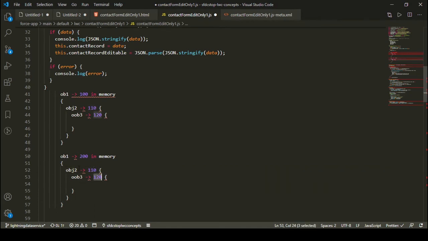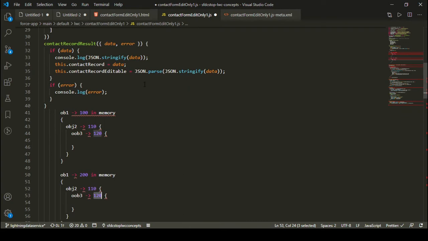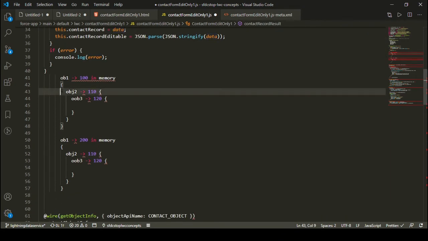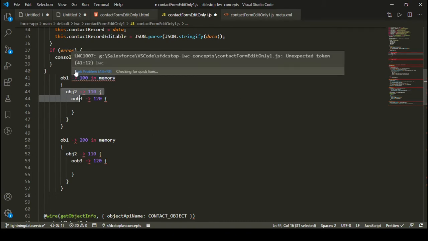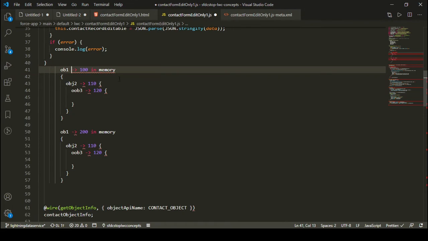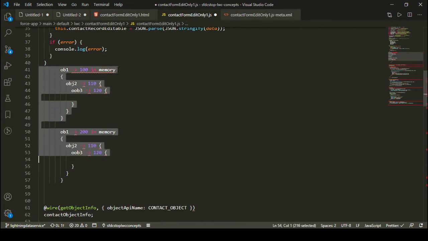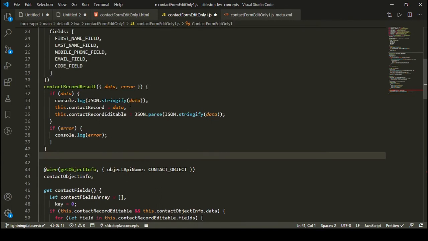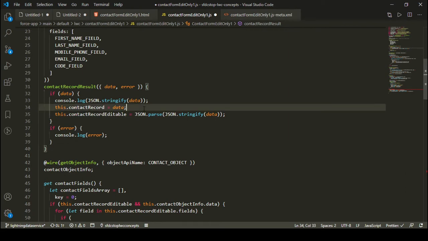So it is possible that the copies of these inner objects are not created in case you are using any of the other methods. However, if we use this particular method, JSON.parse and JSON.stringify, it makes sure that it is considering all the inner objects as well, and it is creating a copy of everything, and keeping that copy in a different memory location. So this is why we have used JSON.parse and JSON.stringify, because by default whenever the equality sign is used, this is basically passed by reference, and we want it to be passed by value here, and this is, you can say, passed by value.